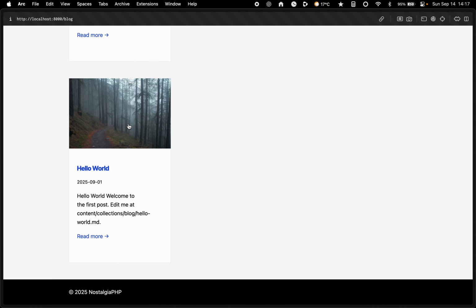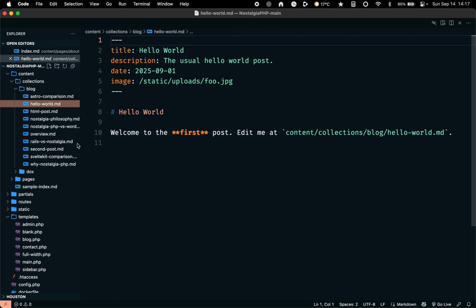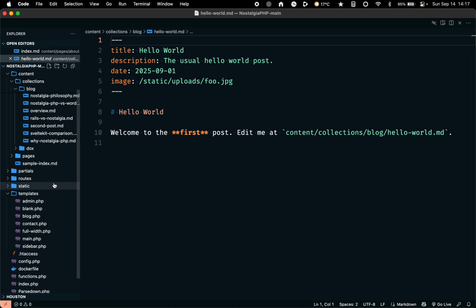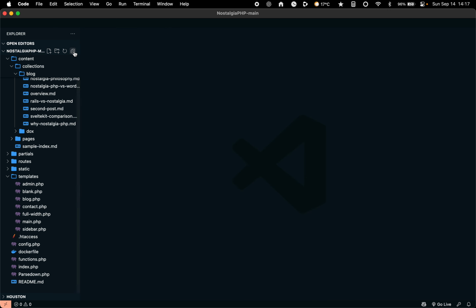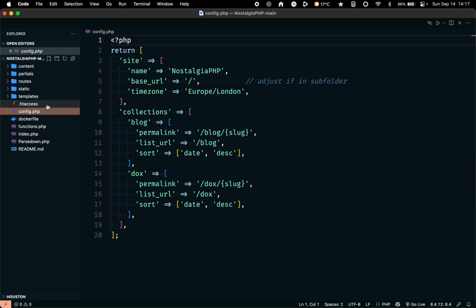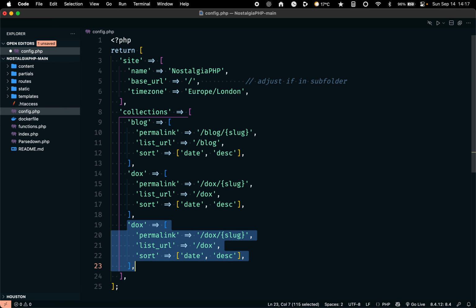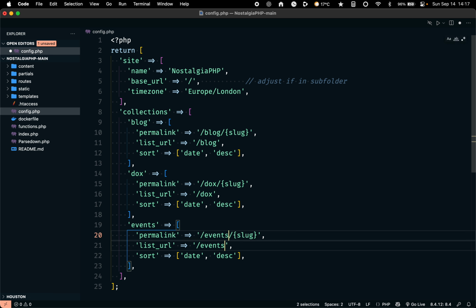And just to show you how easy it is to create a new collection, all you do is go into your config, close this, just grab a chunk here, duplicate it, give it a name. I'll do events, save it, and then